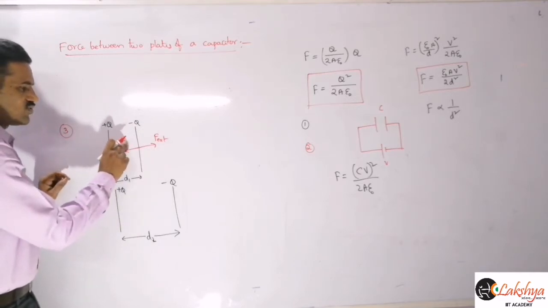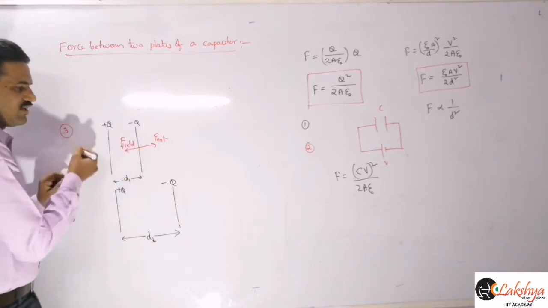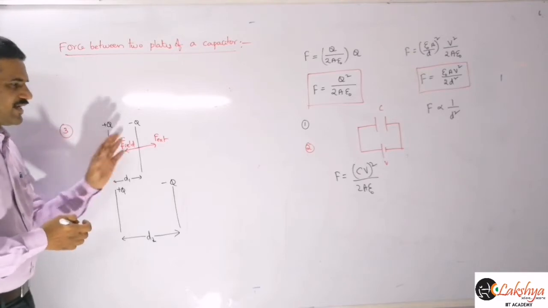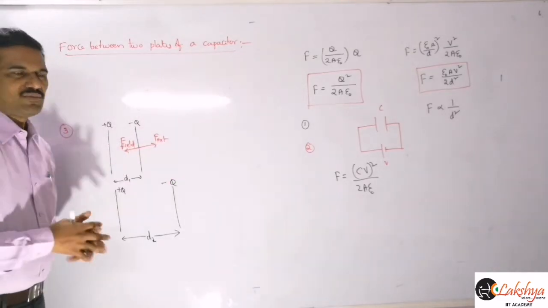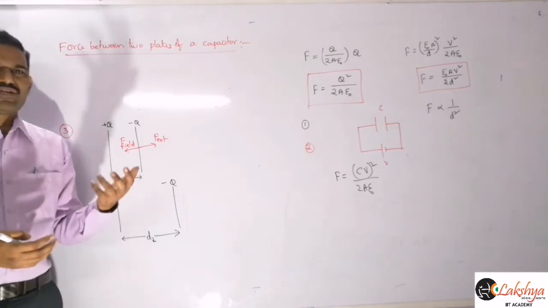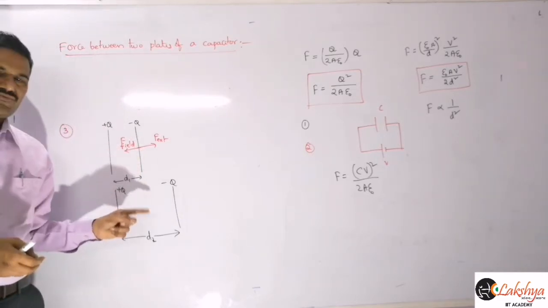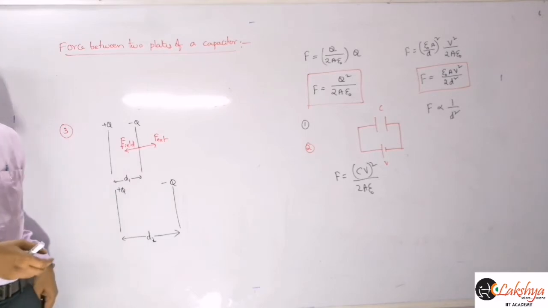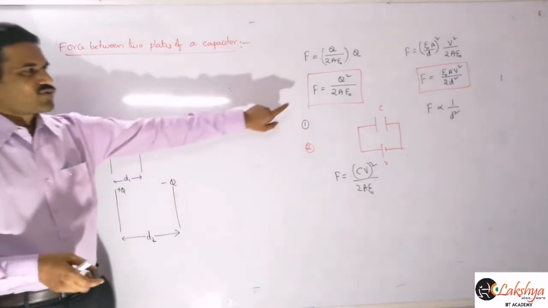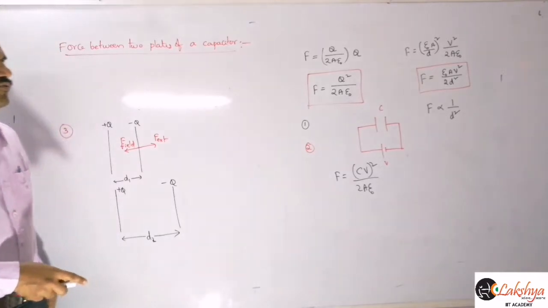So this is the force due to the field. Force due to the field will be along this direction, and the external force we need to apply will be along this direction. Work done, the basic definition of work done, is force into displacement. And here that force is a constant force since the charge remains constant. When the charge remains constant, the force is independent of the separation here. So that force remains constant.